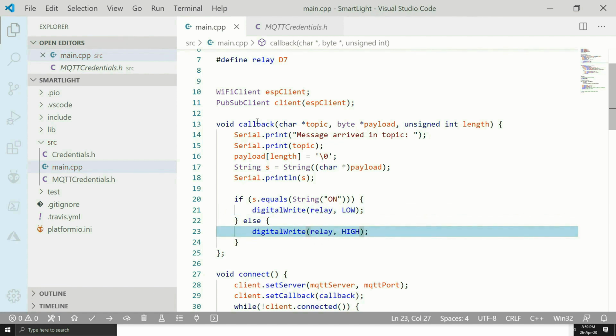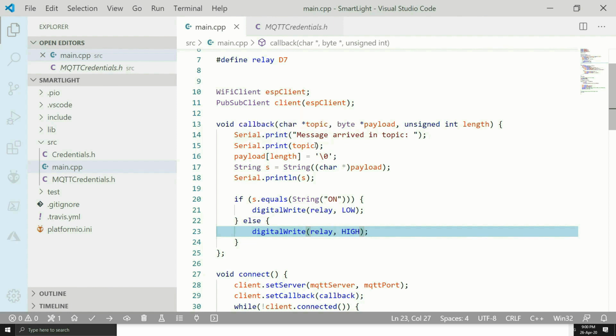So what we are doing here is, inside the callback method, our first parameter is topic. Second parameter is payload. By payload, we mean the message which is coming on the topic. So it could be on, off, or anything else. And then length is the other parameter. So the callback method is taking 3 parameters.